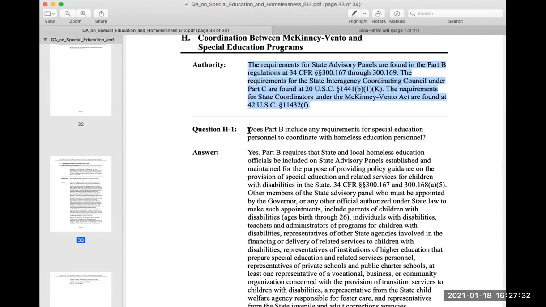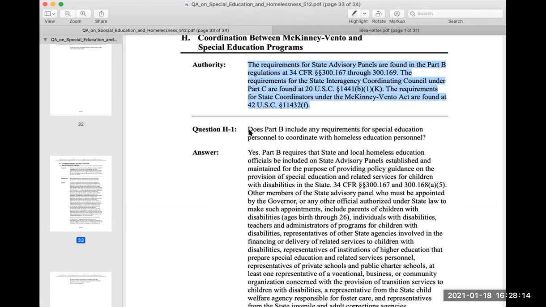Questions and Answers on Special Education and Homelessness. Coordination between McKinney-Vento and Special Education Programs, Authority. Question H1, answer. The requirements for state advisory panels are found in the Part B regulations at 34 CFR paragraph 300.167 through 300.169. The requirements for the State Interagency Coordinating Council under Part 100 are found at 20 U.S.C. paragraph 1441(b)(1)(K). The requirements for state coordinators under the McKinney-Vento Act are found at 42 U.S.C. paragraph